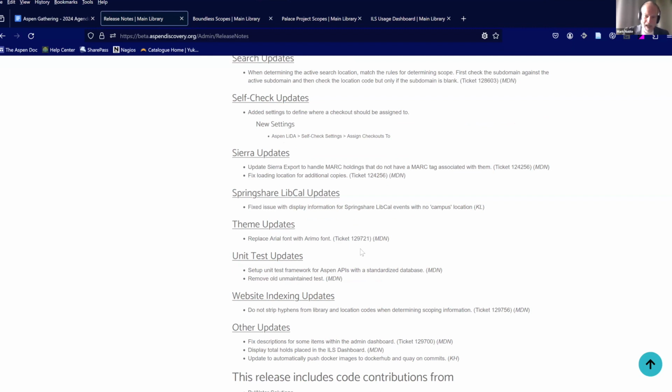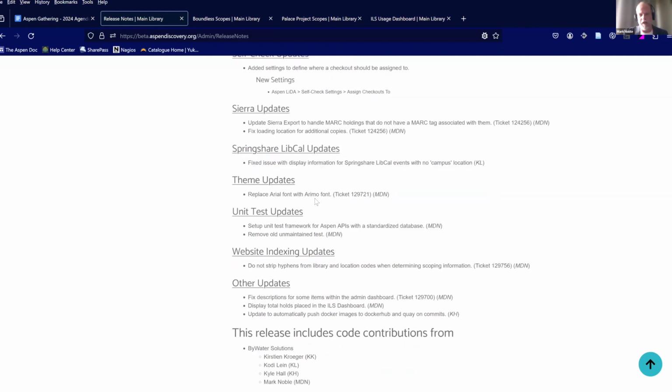Some more good libcal stuff, little tweaks there. Somebody pointed out that the Arial font is going away, so that is replaced with Arimo. So that's there. We're doing a lot more with unit testing as well, and we think that's going to be